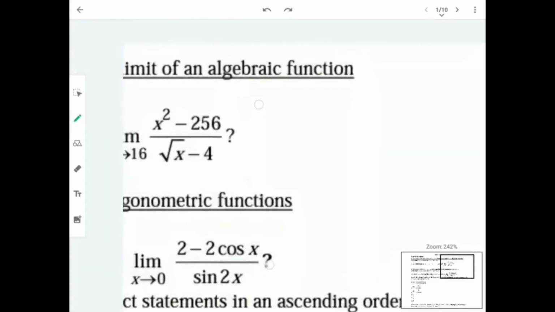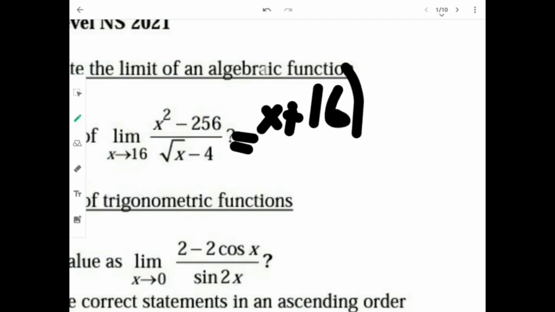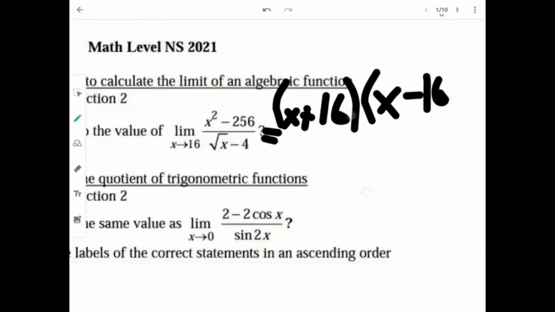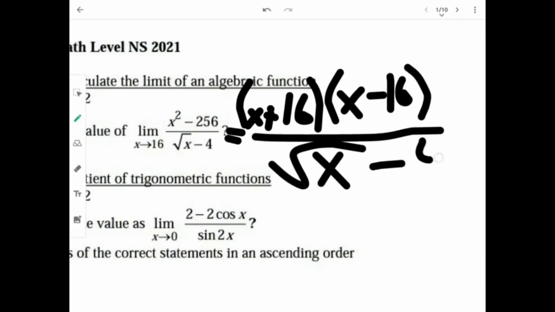So we'll have to cancel it from the numerator, so we just expand it first. Difference of two squares, x plus 16 into x minus 16. Now we have to do something further because there's a root x here and 4. As you can see, they're both roots of x and 16 respectively. So we further